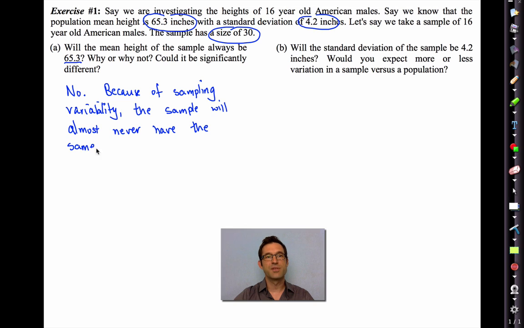Will almost never have the same mean as the population. Right? It most likely won't have the same mean as if we did another sample, right? We saw that, I think, in the first lesson in statistics, is that we took a couple of very small samples and we got different sample means, right? Now, could it be significantly different? Yes, it could be,